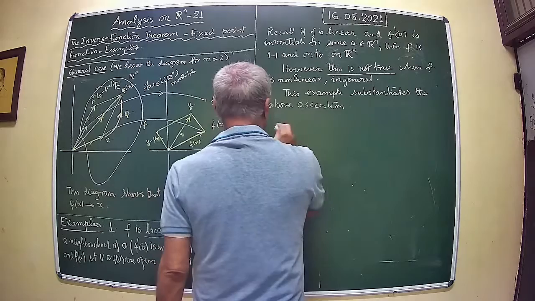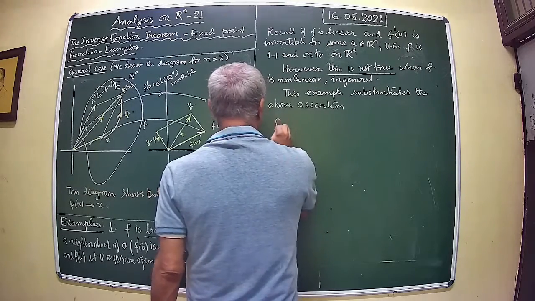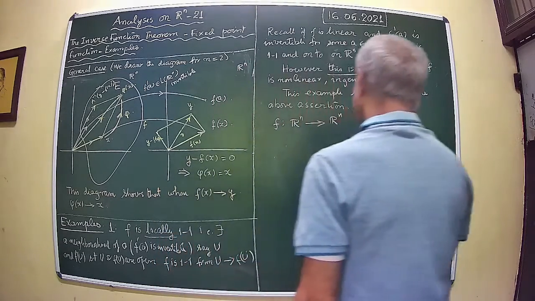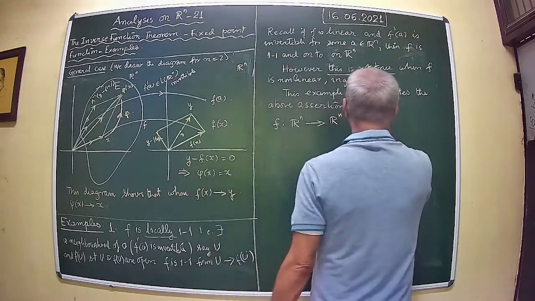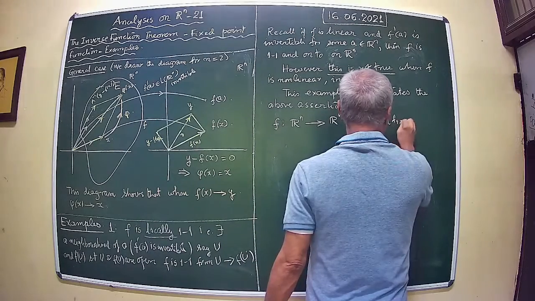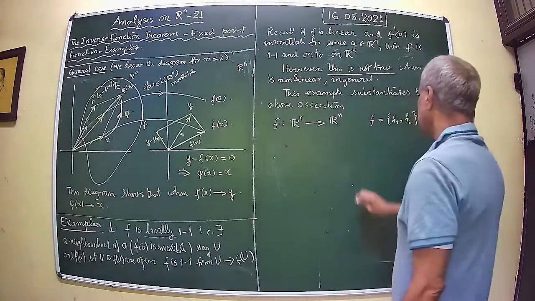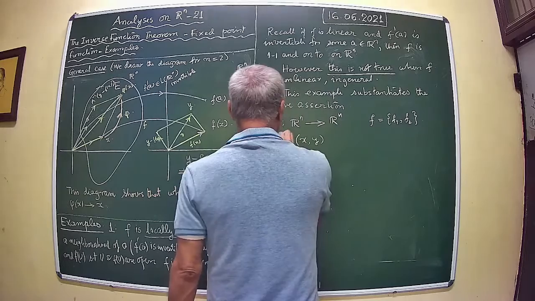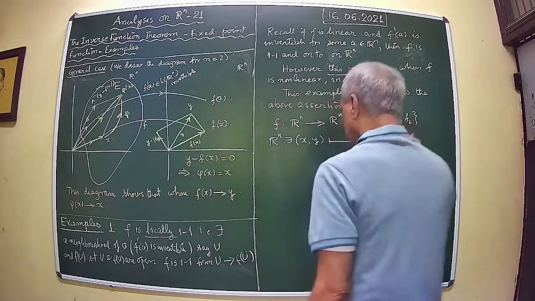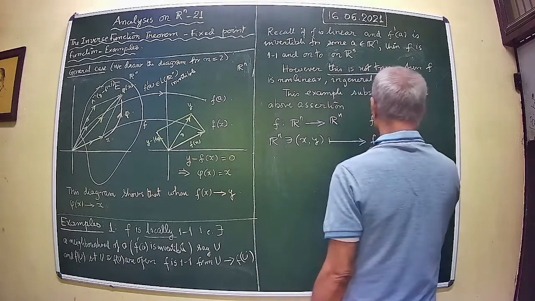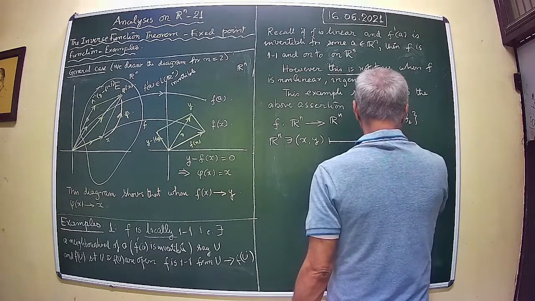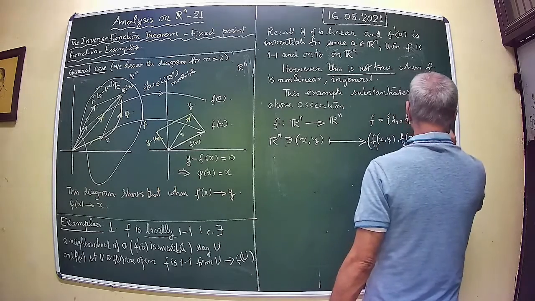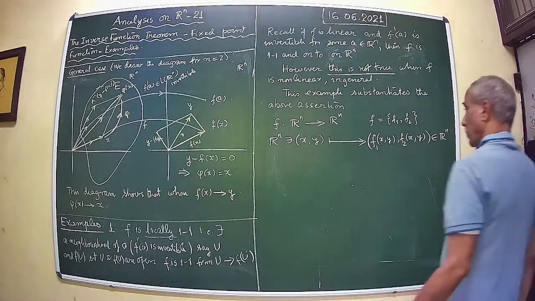We have F defined by, so what you have is this x, y, this is the map that you have. Okay, so F